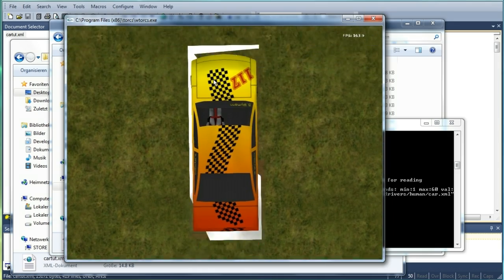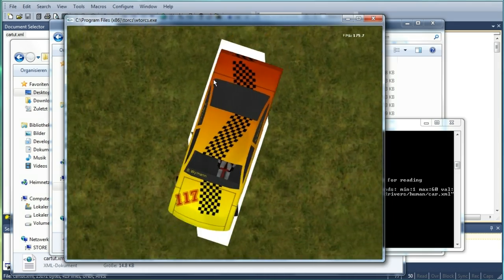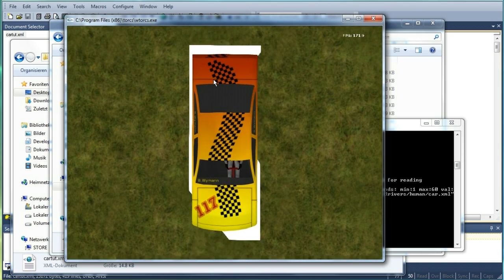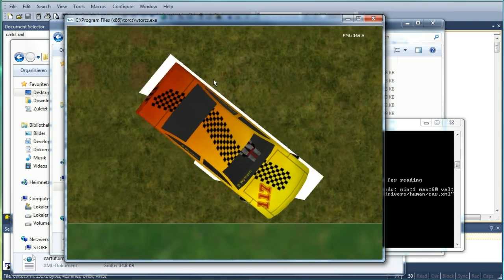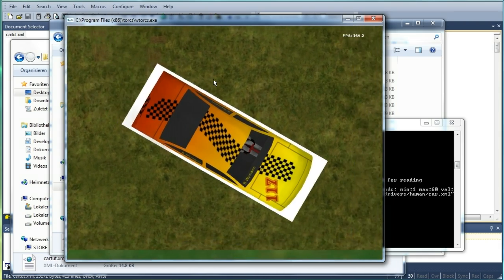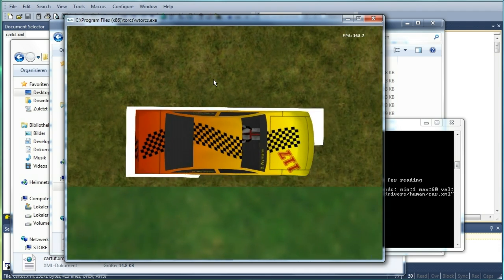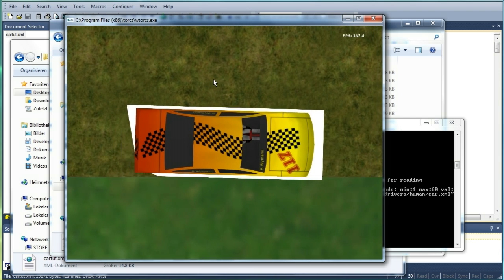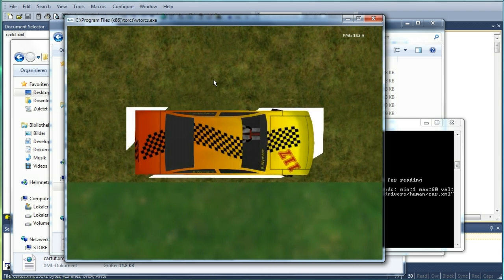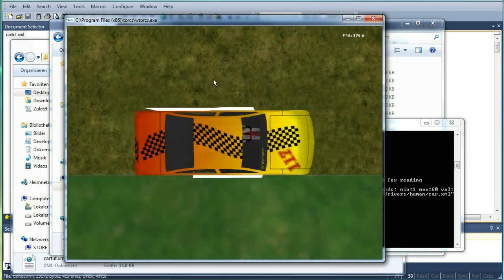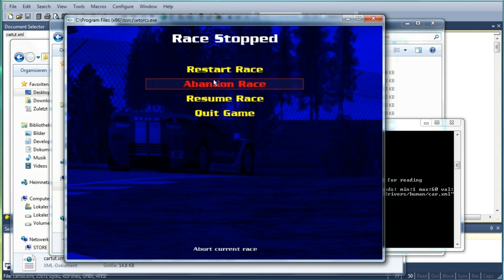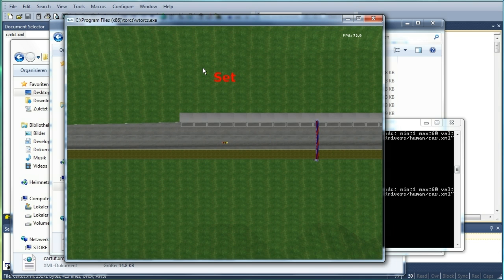Yep, perfect. To check the width of the car, I will as well scratch along the sides. Okay, great. When the bounding box fits and the axes are adjusted and you have verified it, then you are ready to